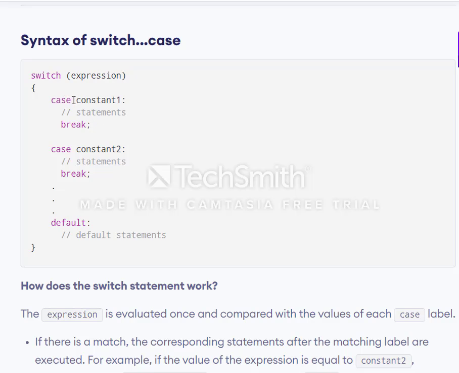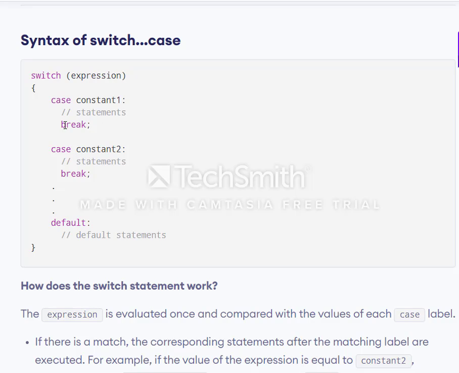Here just remember this syntax for the switch statement. Switch is the keyword you have to use when you are going for a switch case. Then the switch expression, this is the expression or the condition. Based on the condition you go to the cases, case and some constant. Case is a keyword, and break is also a keyword.